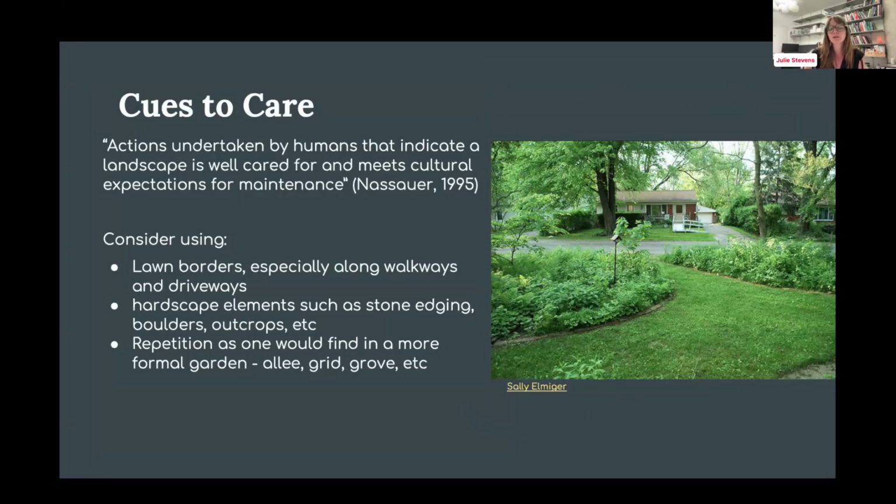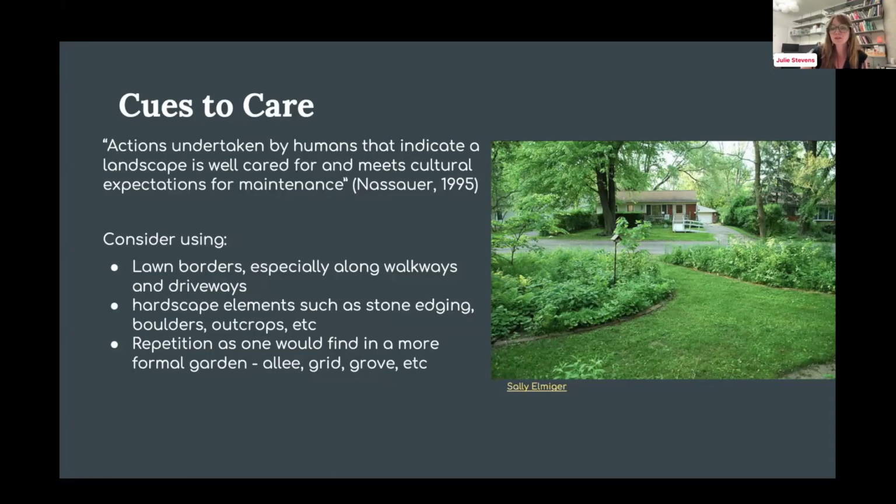Typically, we want those to be at least 5 or 6 feet. So if things are falling into the grass area, there's a place for that to be caught. But also it shows that we care, that we're keeping up with it. It's kind of a way to step into the native landscape, maybe take over some of that lawn that isn't being used for other things and really maximize our planting space.